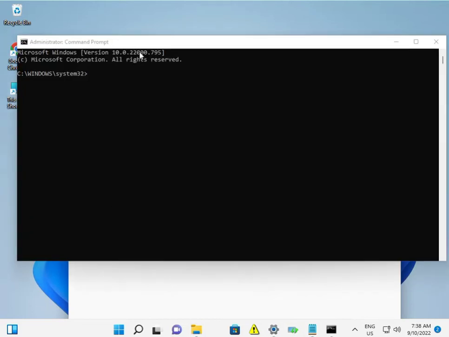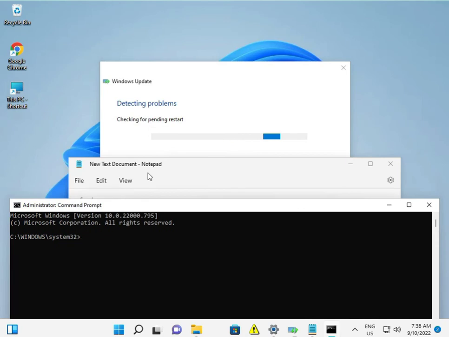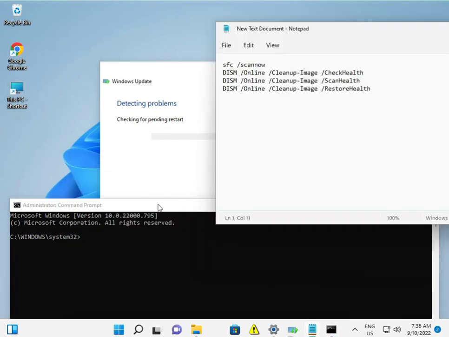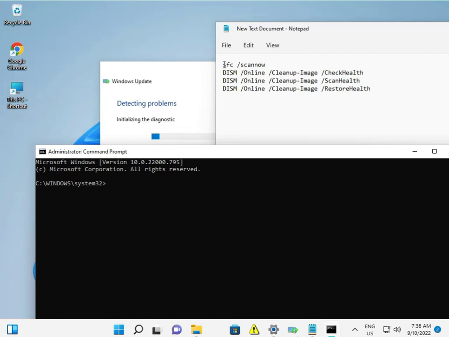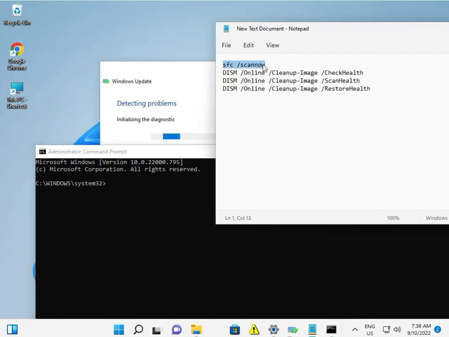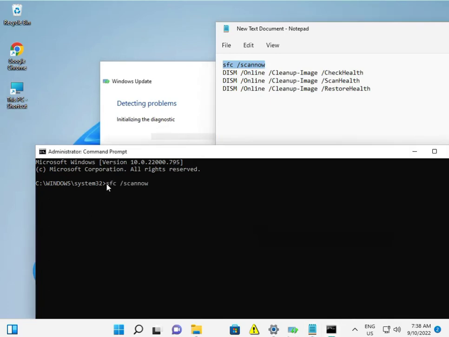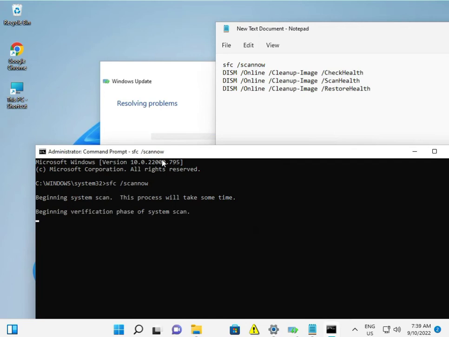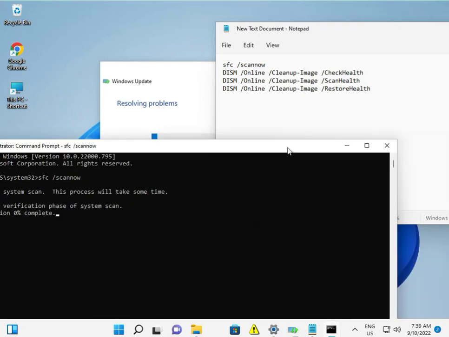Okay, so you apply step by step. Okay, so you can copy and then only right click and then enter. So one by one, all four commands you can apply, because this is a corrupted Windows 11. So repair. Okay, I just minimize it,